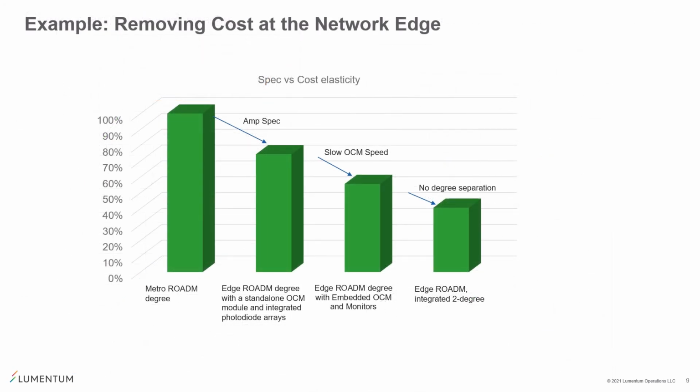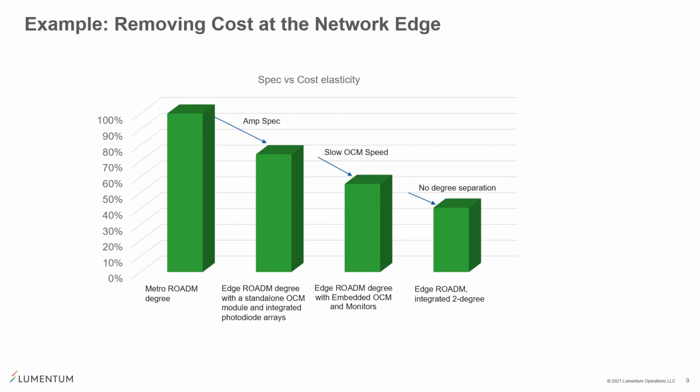So we talked about how some of the specifications in the metro OpenROADM specs were relaxed in order to generate the edge specifications. The fundamental purpose of all of this is to reduce the boundary conditions and make the problem dimensions such that one can come up with economical solutions for the edge. So let's put some numbers to that. And what you see here